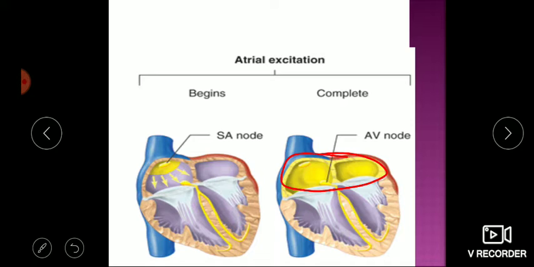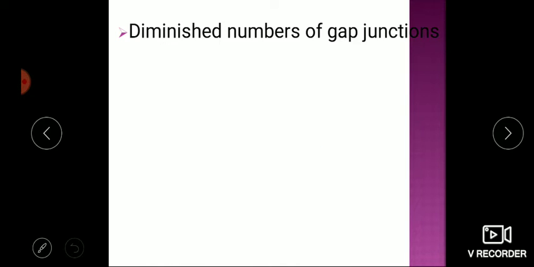Excitation leads to contraction. If you recall the whole chain of events, excitation will lead to release of calcium, and calcium is the key for opening of troponin. Troponin gets unlocked, tropomyosin moves, active sites of actin are exposed, and actin will combine with the myosin, leading to actin myosin combination and a power stroke, and that leads to muscle contraction. So stimulation of atria by SA node will lead to excitation of atria, and this will lead to contraction. So this is the first event, electrical followed by mechanical event.